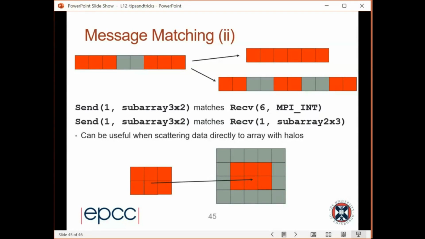Often the data I read in from disk is just data, but the arrays I have in memory have halos on them. How do I send that data into there? Well, I can play tricks by sending the data as a contiguous block and receiving it as a vector. So it's slightly off topic here, actually, but